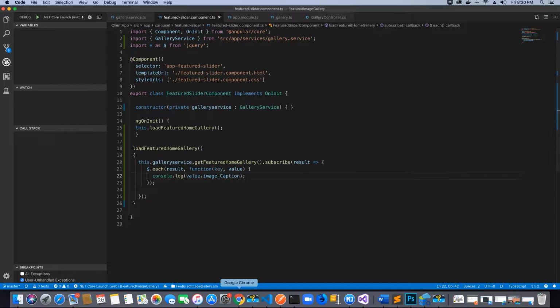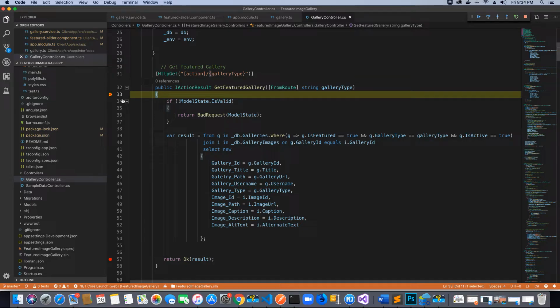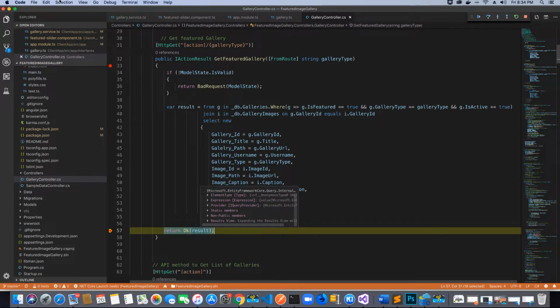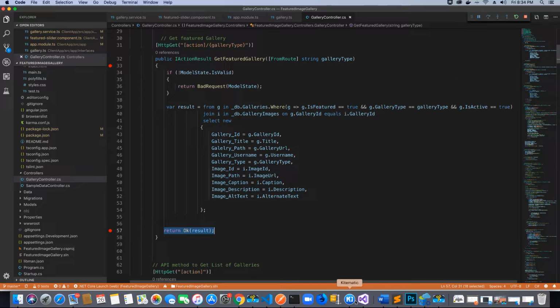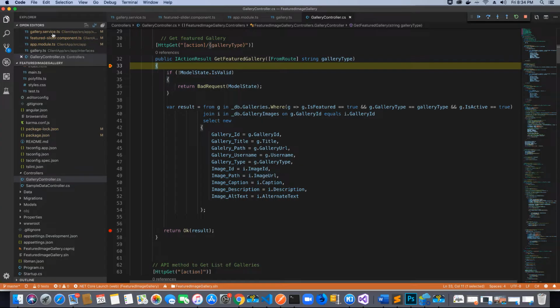Now let's go to a browser and check if we receive some values. So now I am here on the browser, and if I refresh this page, I've set a breakpoint over here, guys. So that's the API that we are calling. The gallery service is calling this API. Now I'm just going to quickly run to the result, and I'm going to hit OK. So that goes back to our browser, and in the browser I don't see any results,